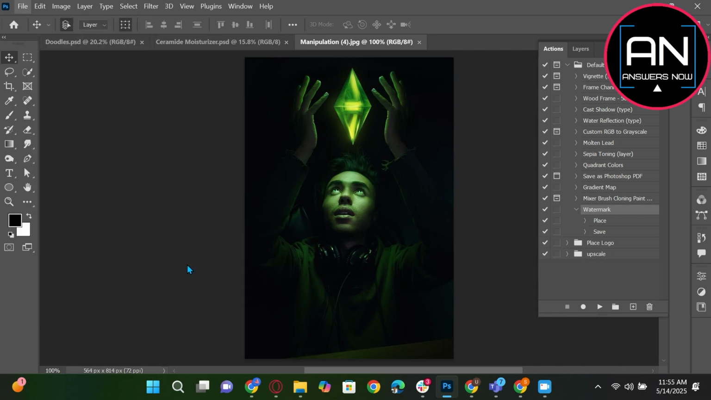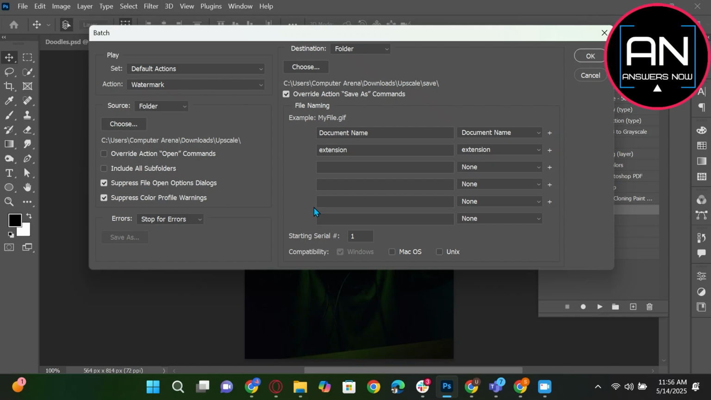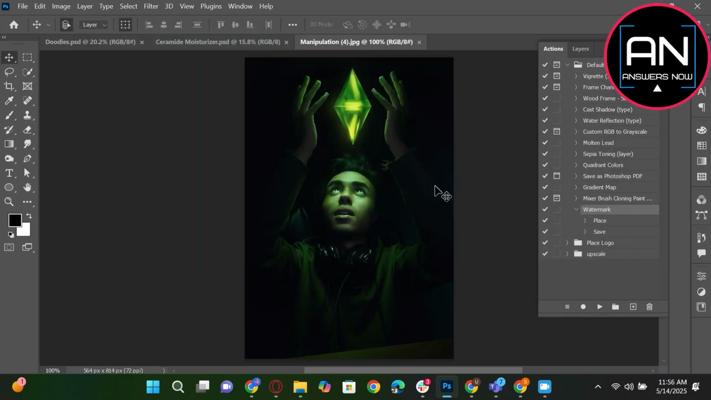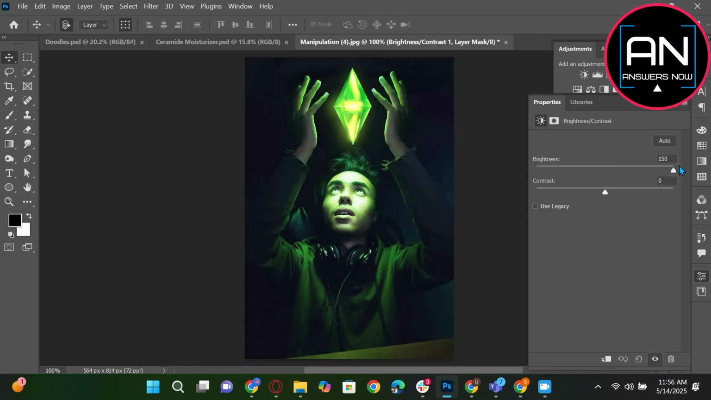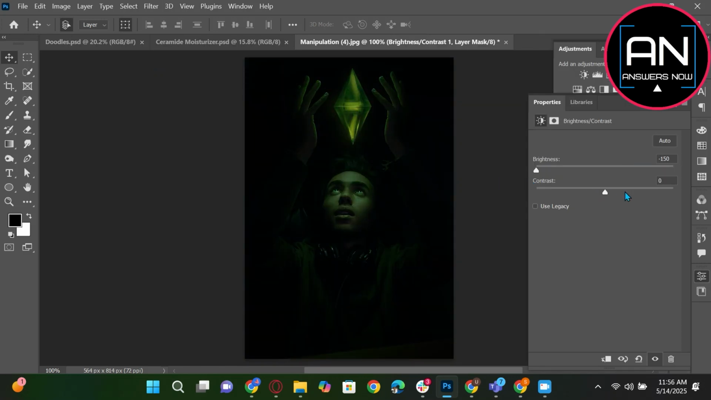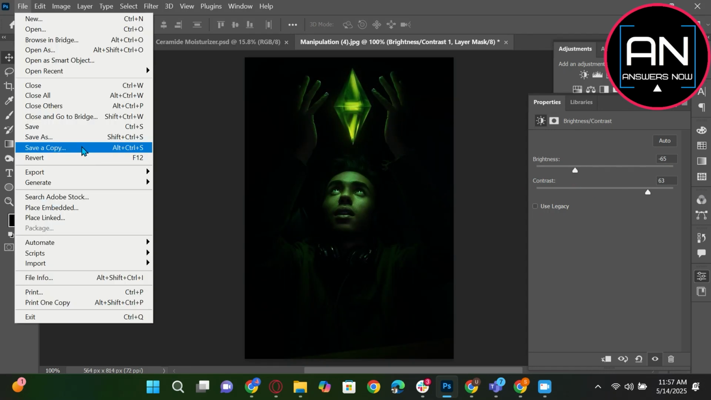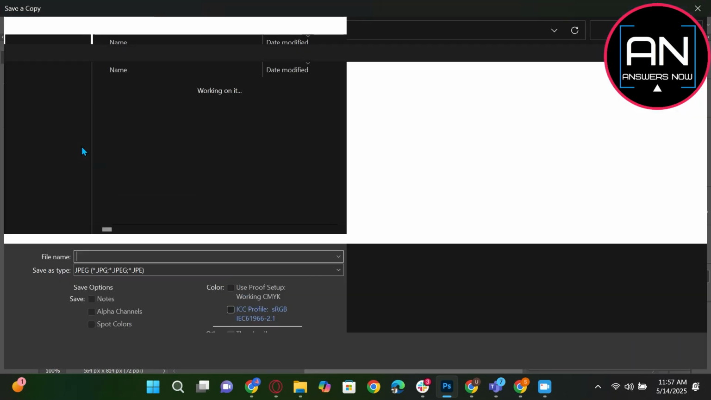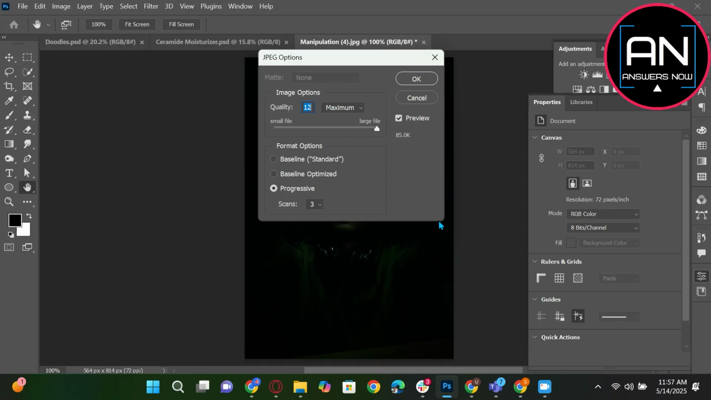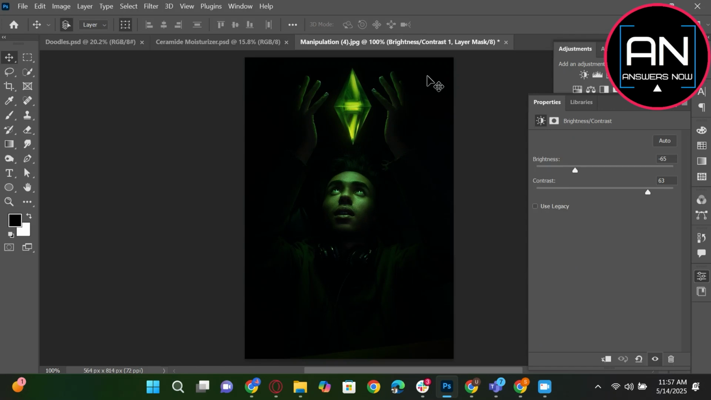of times. Let's begin by opening the Actions panel, then clicking the plus icon to create a new action. We'll give it a name, click record, create our brightness layer as usual, then save a copy of the document as JPG. Once we are finished, we'll click the stop button to finalize our action. Next, we'll navigate to File, Automate, Batch, and we'll define how we want our batch process